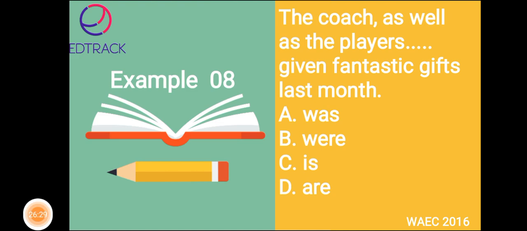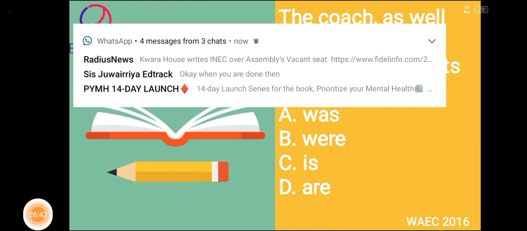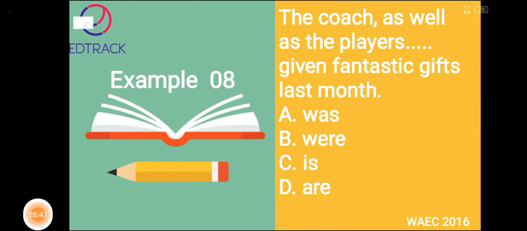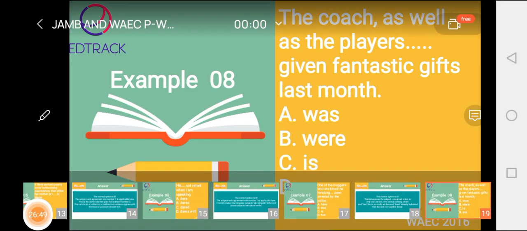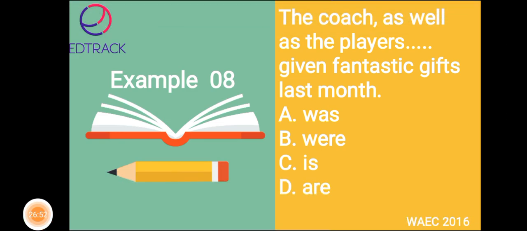What is definitely going to determine our verb is the first subject. If the first subject comes before other words joined to it by as well as or any other words of that class, then for this question our answer is going to be